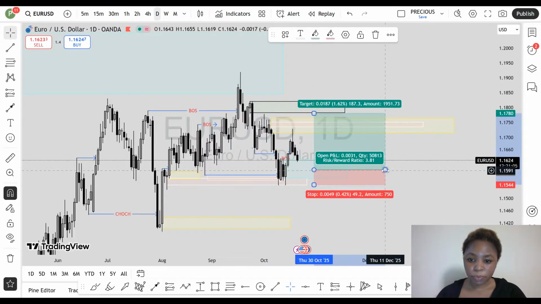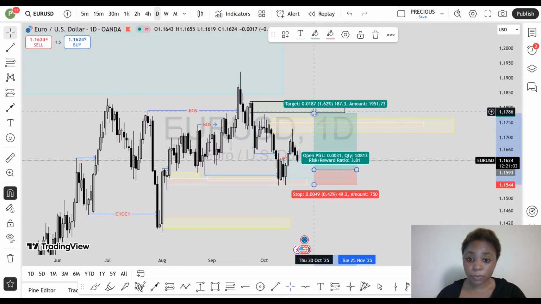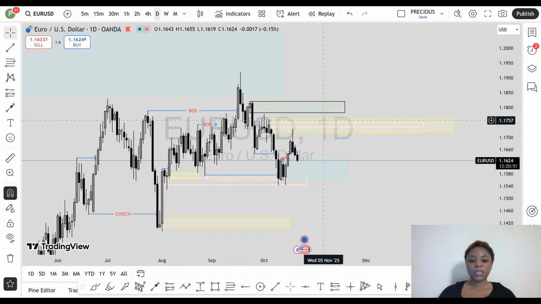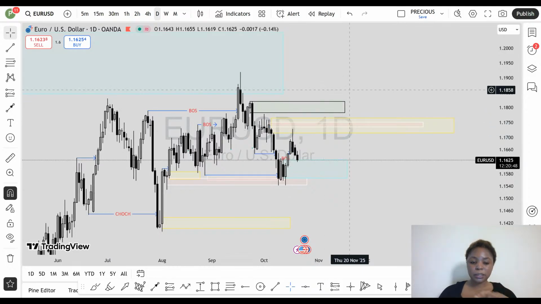So when price hits that bearish order block to hit my take profit, and mitigates this bearish order block, I can sell from here. I can sell from this level. So if I'm selling from this level now, you guys know that this is